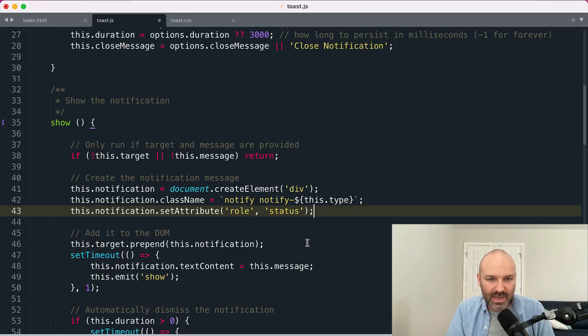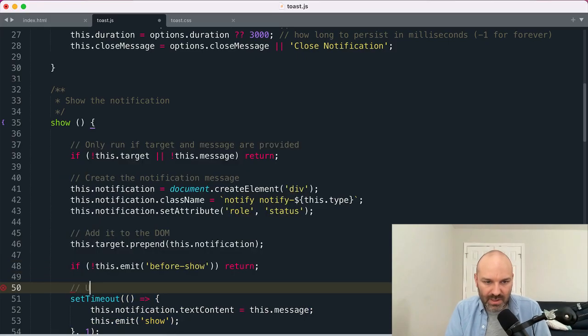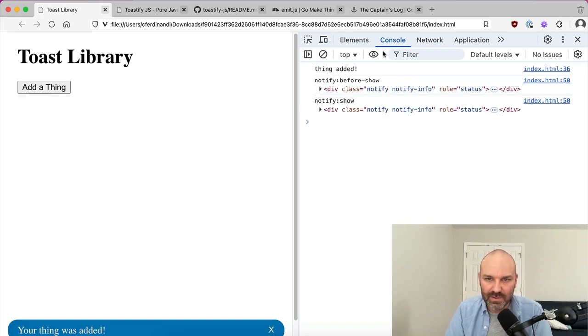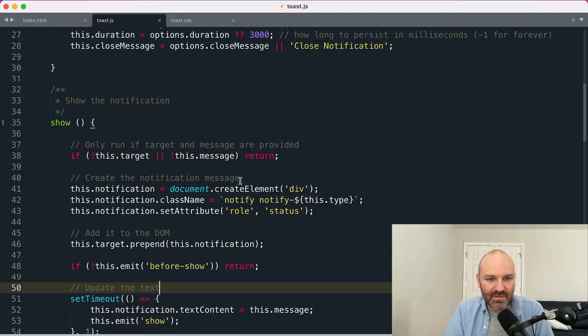Yeah, so we'll add it to the DOM. And then we will update the text. Okay, let's try that again. There we go. So notify before, notify show, notify before dismiss, and then dismiss didn't fire